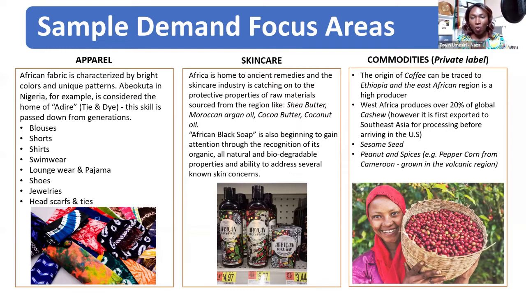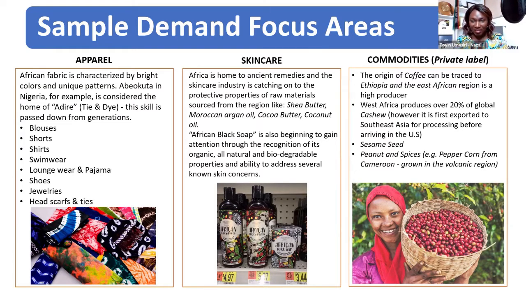So you have cocoa butter, shea butter, coconut oil, African black soap, skincare, hair care. This is a growth space. We've barely scratched the surface. We need to get more market share in this space. And then commodities: coffee, cashew, sesame. Sesame is massive with McDonald's, and sesame is huge. It's consumed like spices, pepper. We have an abundance of those.